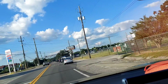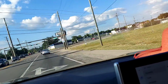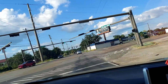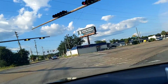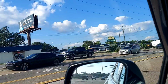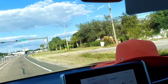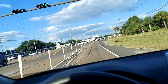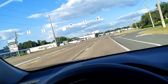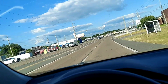Okay. We're coming up on Navy Boulevard now. Old Corry Field and Navy Boulevard. We're going to make a right, and we're going to get on this main boulevard right here, headed back to Garden Street. That right there, Richie's Bar, that's been there 100 years, and it's still there. Okay, now we're going on Chiefs Way, which is right back there. Now we're merging onto Garden Street. As soon as we cross this bridge, we're going back toward Pensacola, and head back to the Bay Bridge,